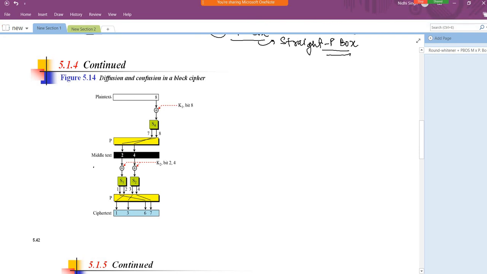So suppose I am taking the 8th bit of the plain text. We have to analyze what processing is performed over the 8th bit, and which bits are affected if we change the 8th bit. So in this example we can see that bit 8 is XORed with the K1 key. K1 की मैं बिट 8 ले रही हूँ क्योंकि मुझे XOR करना है. So this is the whitener process, key mixture process.